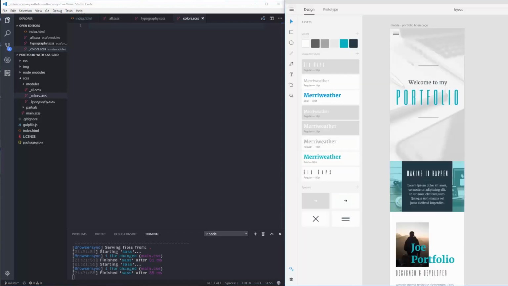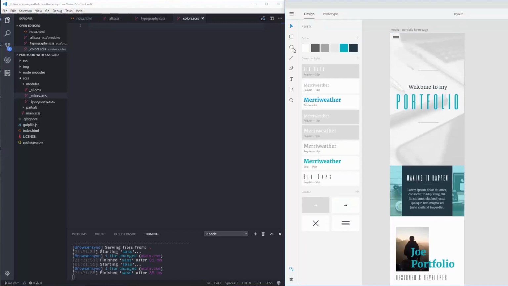So for my colors, let's go back to XD here. So I have all my colors here. So we're going to have white, and I'm just going to type in all the different ones I have. We're going to have a light gray, a gray, dark gray. If you spell gray with an E, that's fine too. Dark gray,